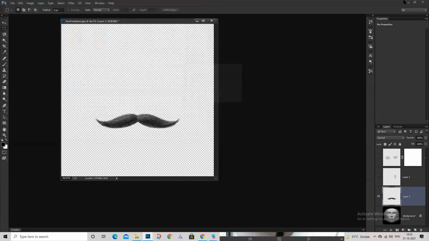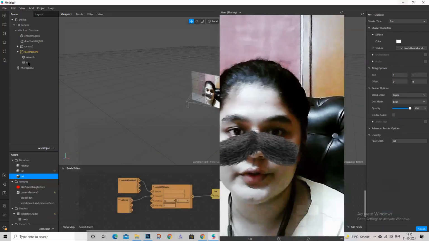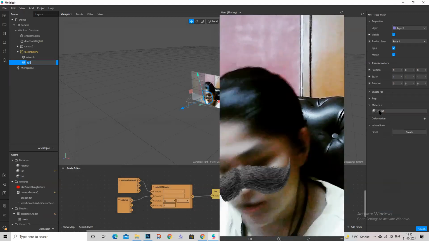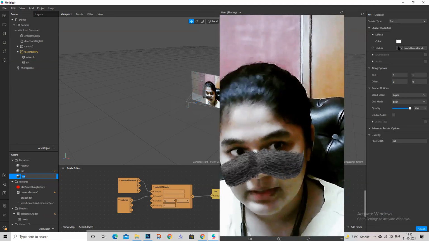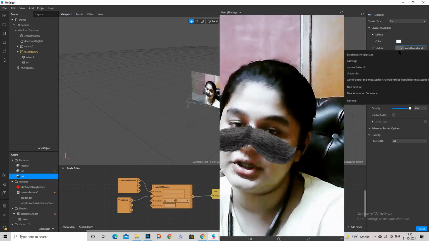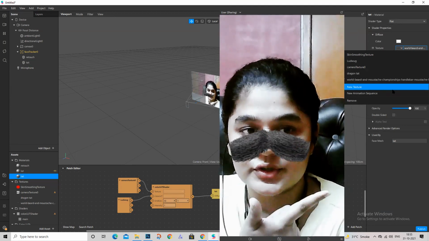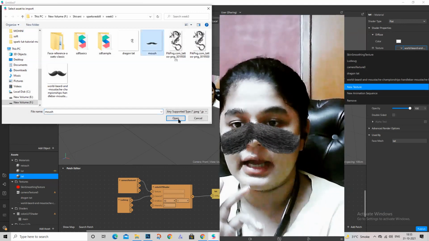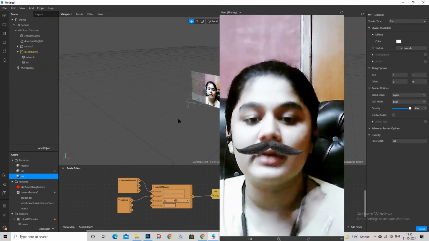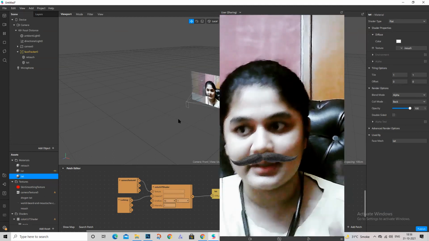I go back to Spark AR and remember this face mesh. In this face mesh I had used a material. I'll go to that material, and the texture in it was initially the tattoo. Then I applied this mustache, but it was not fitting properly. So I'll again go to new texture and use the new one I just made, and now I have it at the proper place where it's supposed to be. Did you get this thing?